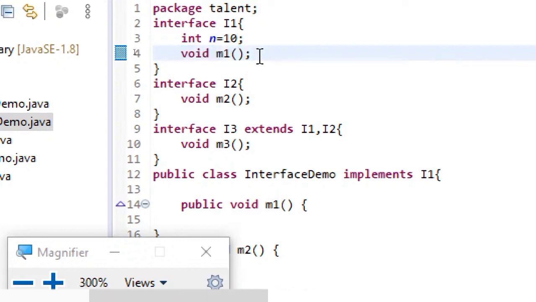And one more point I will mention here. From Java 8 onwards, understand the statement. From Java 8 onwards, that is JDK 1.8 onwards, interfaces can also contain default or static concrete methods. The reason is: